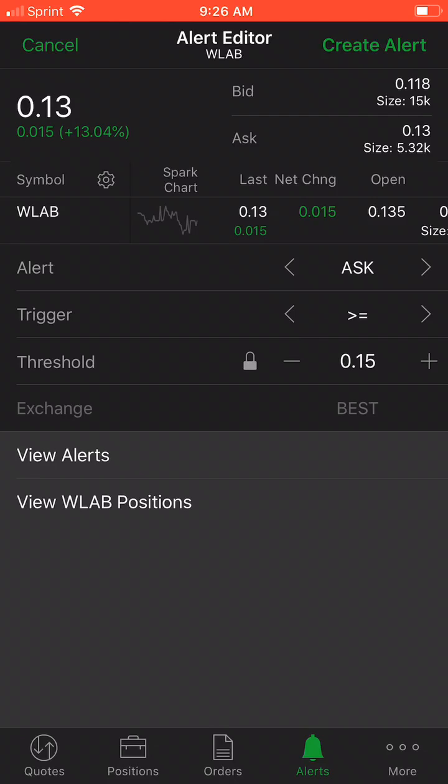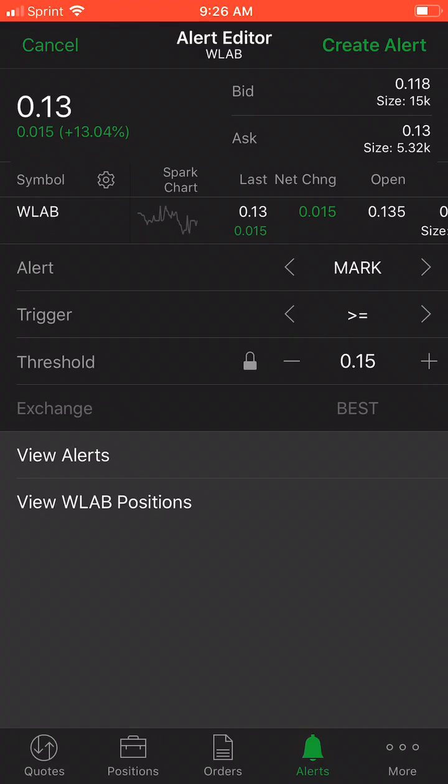Same thing with the ask. Maybe you want to be alerted when the ask is at 15 cents. Now you can try to get in there right before it crosses over that 15-cent mark. Mark is kind of where it's at right now as well. Last is what it went through exchange hands with, and mark is kind of just where it's sitting right now,